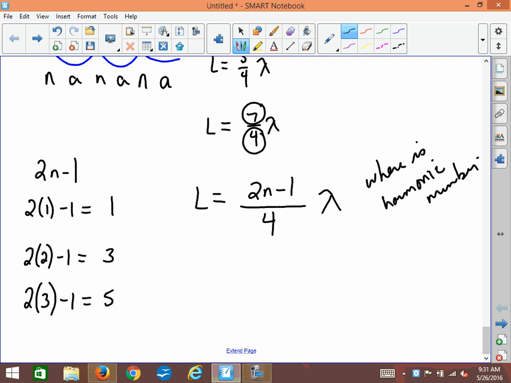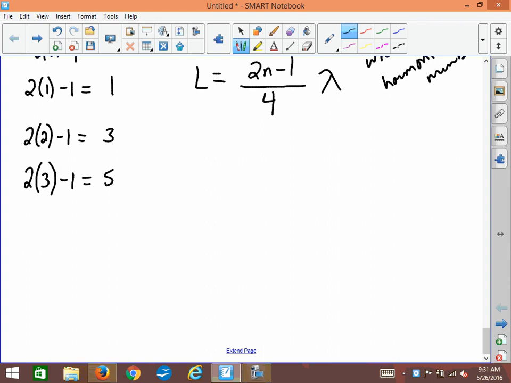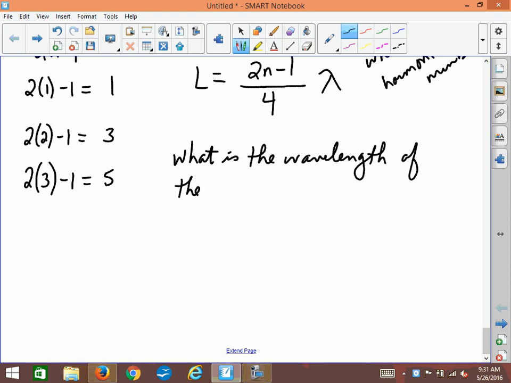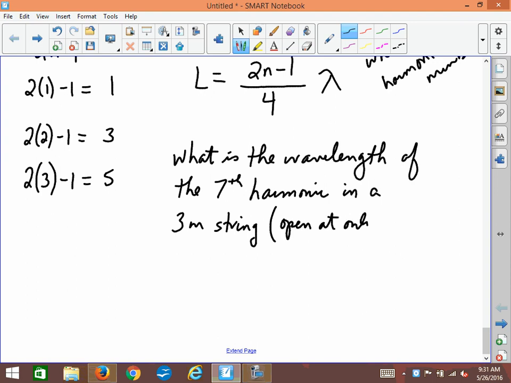So if I wanted to figure out the wavelength, here's my example. What is the wavelength of the 7th harmonic in a 3-meter string, and I would have to specify open at only one end,